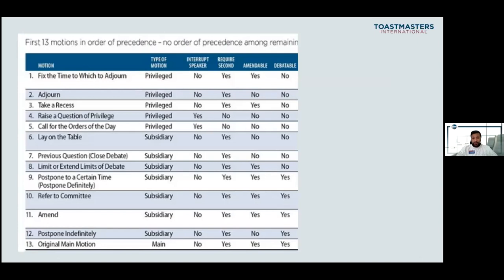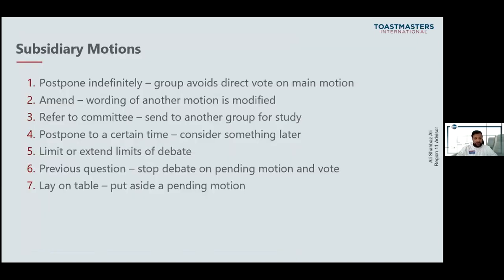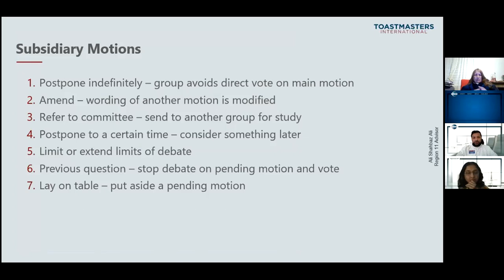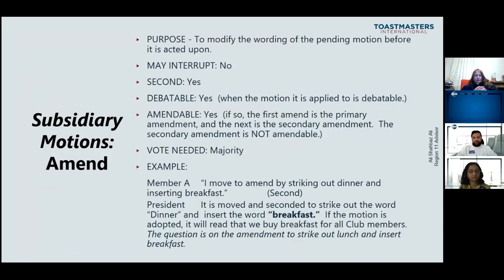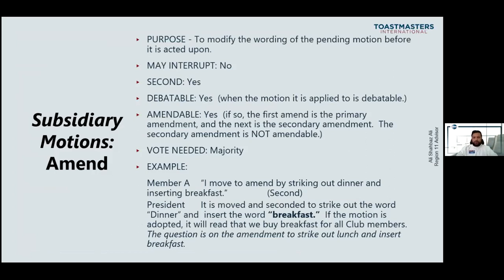And there are much more. But if we become experts or near experts in these 13, we can surely have no more issues in handling a business session in a Toastmasters meeting, area ExCom, area council, division council, or even district council. We started with subsidiary motions. In subsidiary motions, we covered postpone indefinitely. So this is what we discussed,